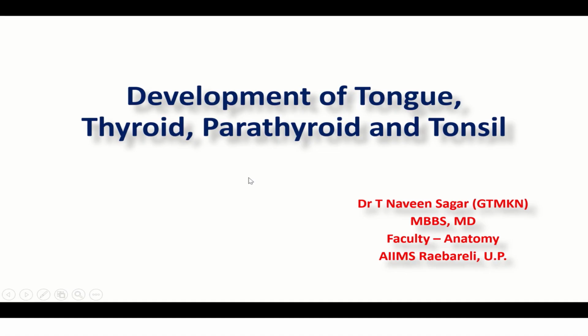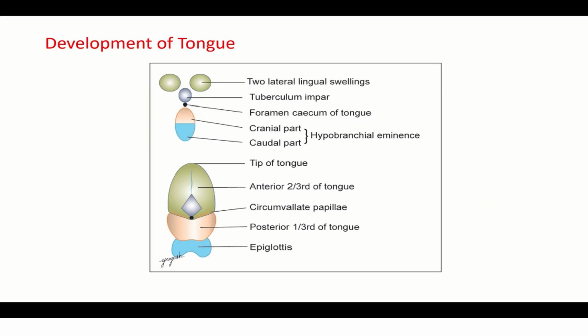Good morning. In this session, we'll be dealing with the development of tongue, thyroid, parathyroid, and tonsil. So, in order to give you an overview, you can see the tongue is being developed from two lateral lingual swellings and tuberculum impar. And you can also see this is called hypobranchial eminence, which is divided into cranial part and